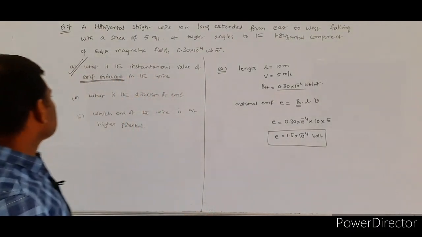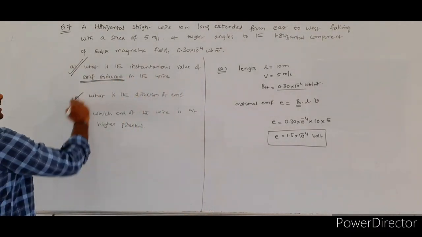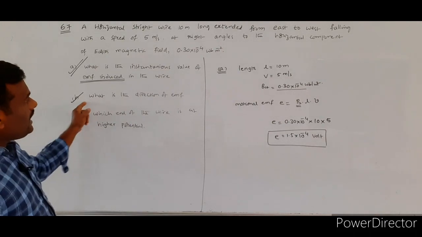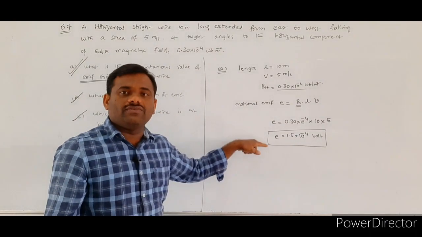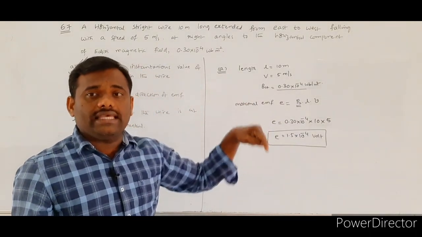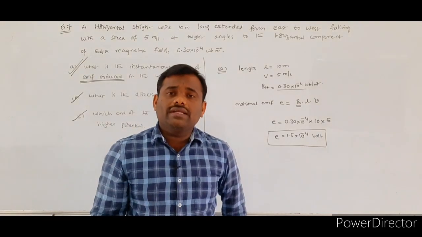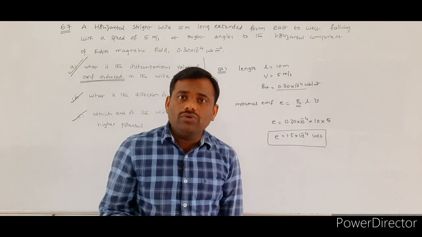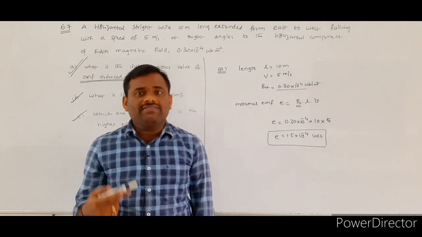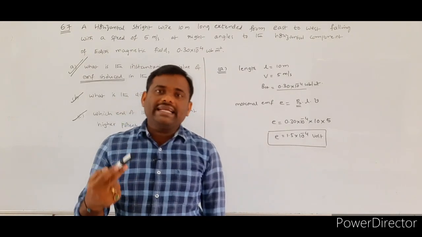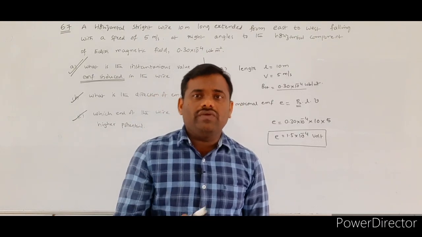Now what they are asking in the second and third questions is, what is the direction of this EMF? Already we know that whenever the induced EMF is produced, either due to the change in the magnetic flux or due to the magnetic field lines being cut by the moving rod,